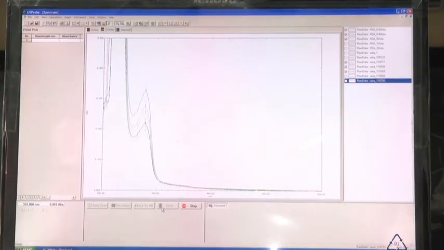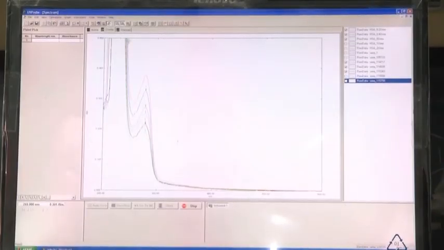Now, we are doing it for 6 molar urea solution. The effect of urea at a concentration of 6 molar on HSA protein. Here we can see the intensity increases, the absorbance of this HSA solution. So, we have seen how the change in concentration of urea causes the change in absorbance value. With increase in concentration of urea, the absorbance increases.